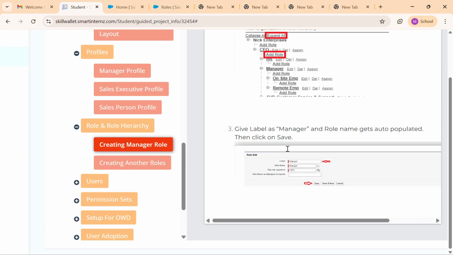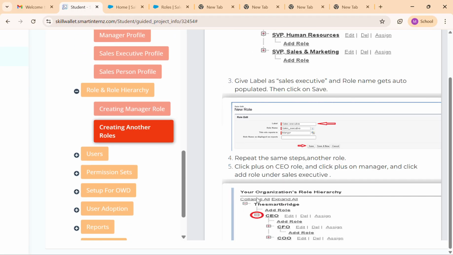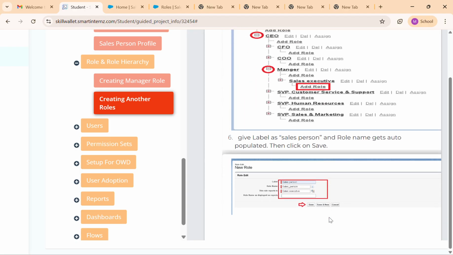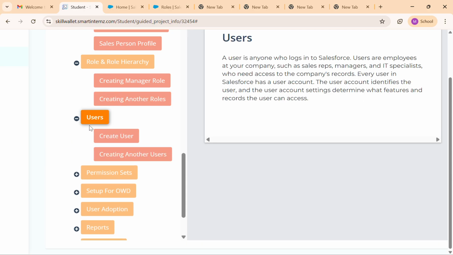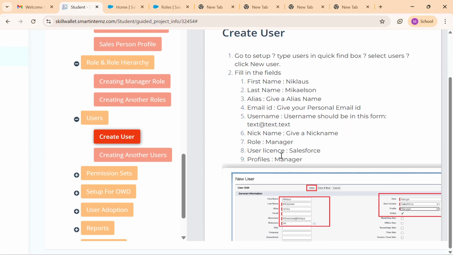See, in this way you can add the role and create the other roles. And we need to create the remaining roles as sales executive and salesperson. And now next we need to create the users. First user is Nicholas